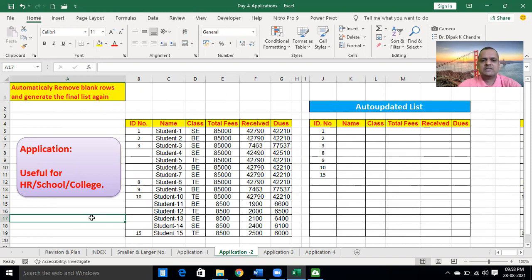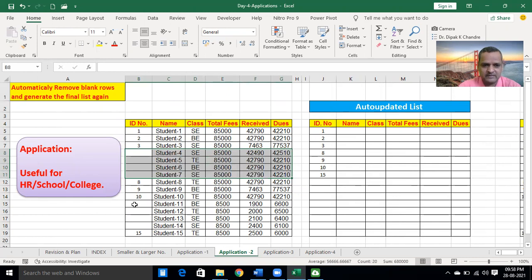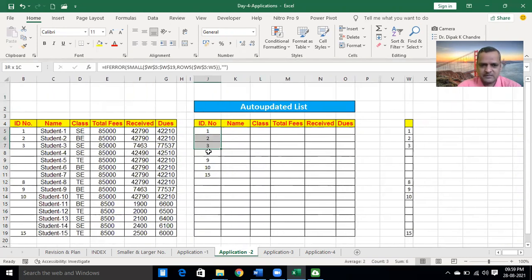If it changes, you would need to remove these numbers manually. Instead of doing this hard work, you can do this type of smart work, just by applying the SMALL function and INDEX function.